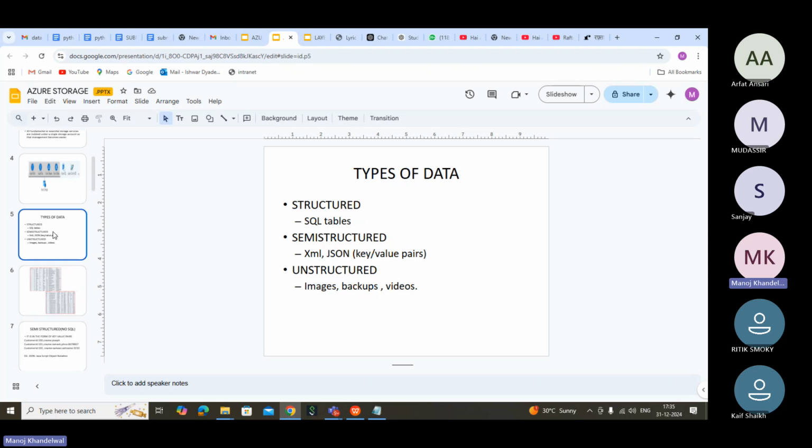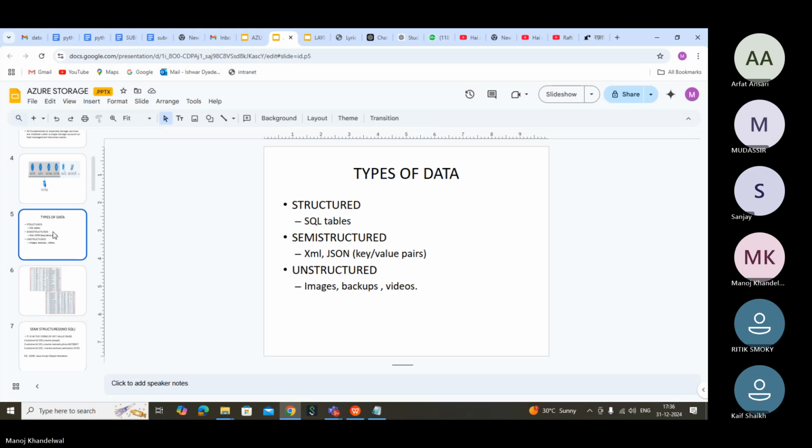That type of data will be a SQL table. So that is your tables, structured data.